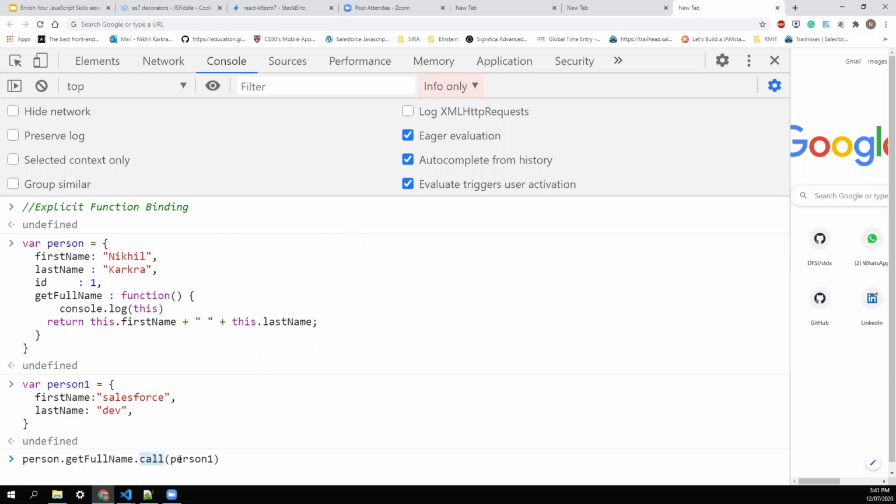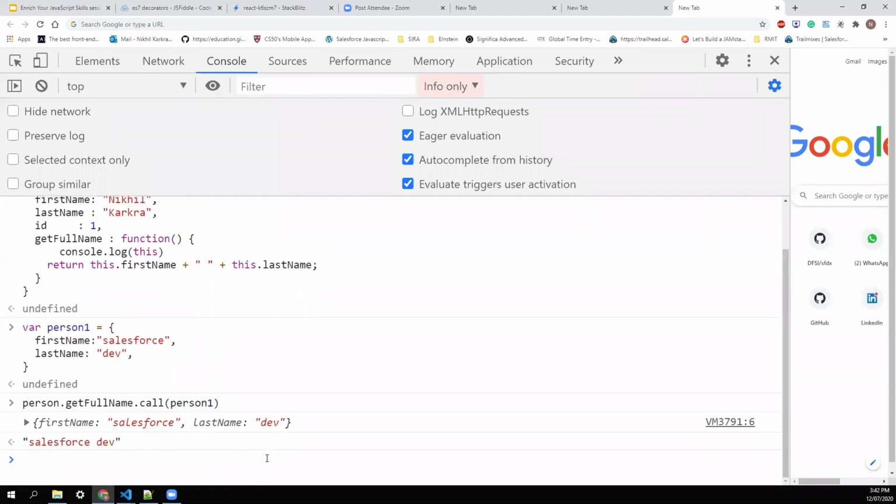It's self-calling, so it's called immediately as soon as I enter, and you are passing the context. Now instead of printing Nikhil Karkara, because this pointed earlier to the person object, this time it prints Salesforce dev. If I hit enter, you can see it's printing the person1 object, changing the this scope to person1.